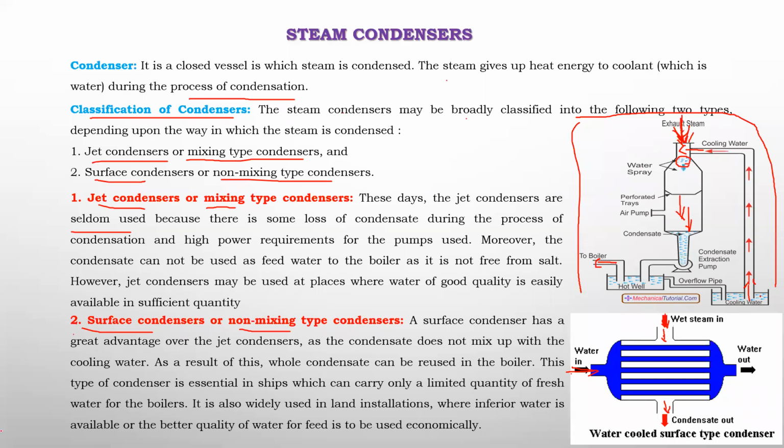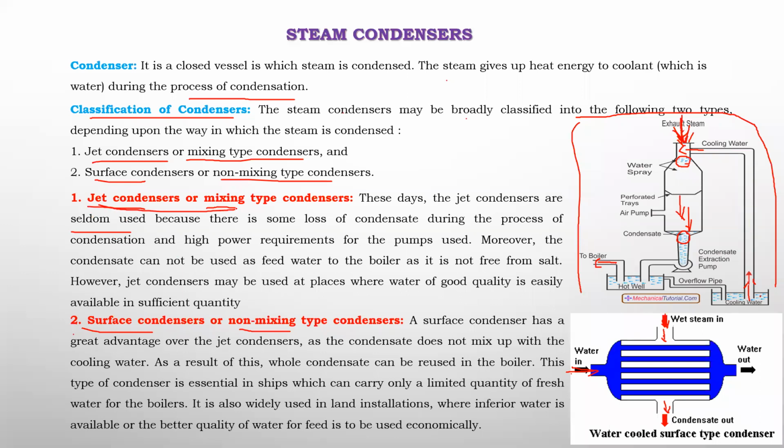In case of jet type condensers, mixing occurs. Mixing means this impure water or scaled water gets mixed with the pure steam, so that after becoming cold, in this condensate there may be some impure particles. Once these particles are sent to the boiler, some scale formation takes place inside the boiler, or some rust may occur on the turbine blades, which means the life of the turbine and the boiler gets reduced. In order to avoid that, jet type condensers are not used much.